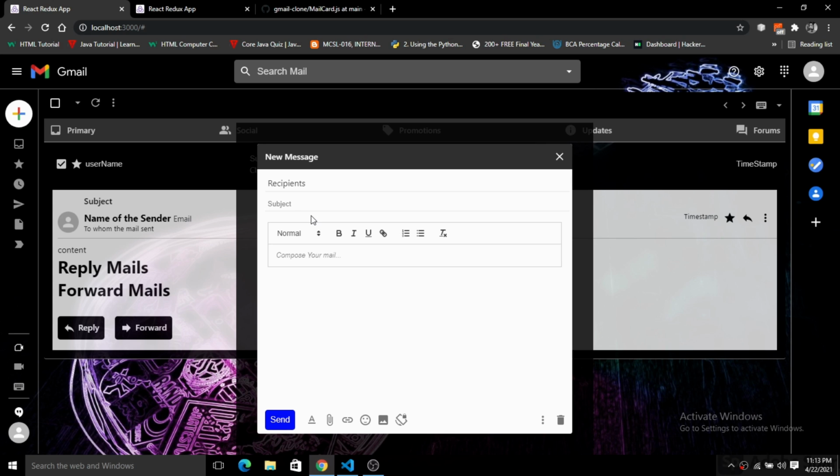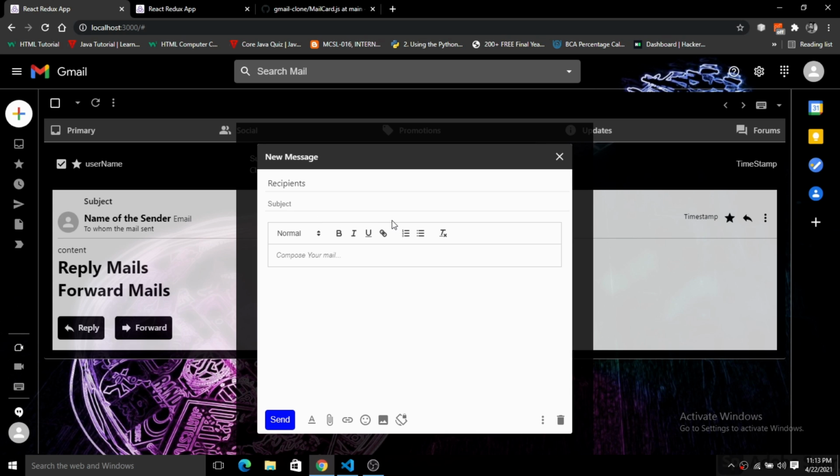The only thing that is left here is the user authentication, the data that we will send in the email, and we will save the data in the Firebase, and then we will re-render the data and just fetch the data from the Firebase, and after that we will send the actual mail using the Google SMTP server to the recipient. So that's it. So let's sum up what we have built in this part.